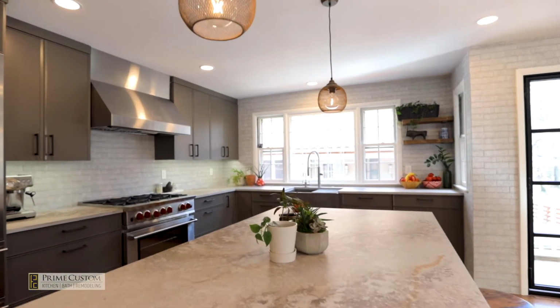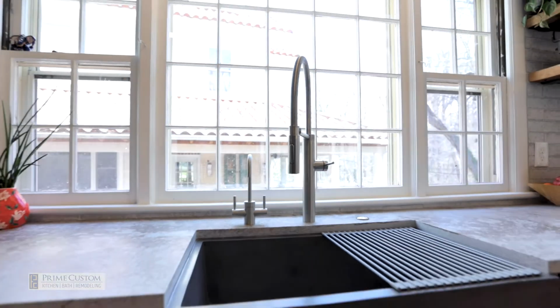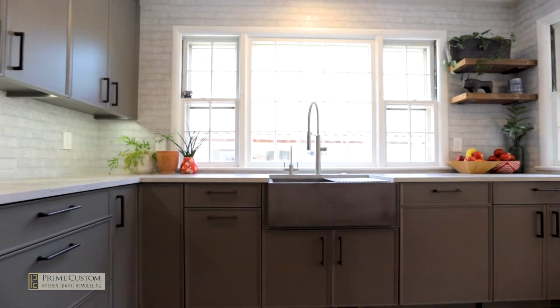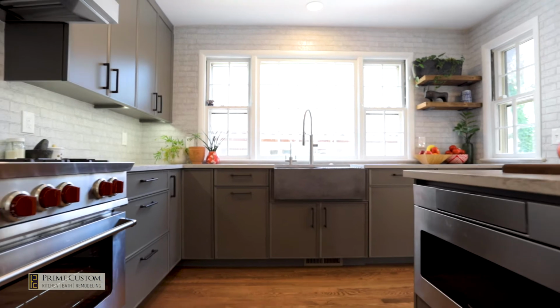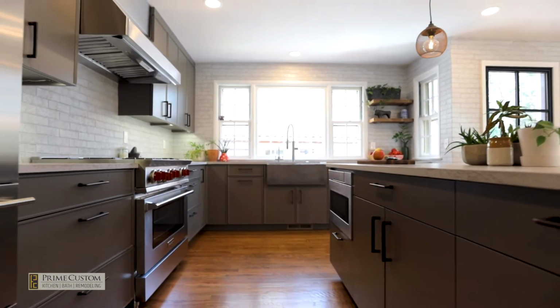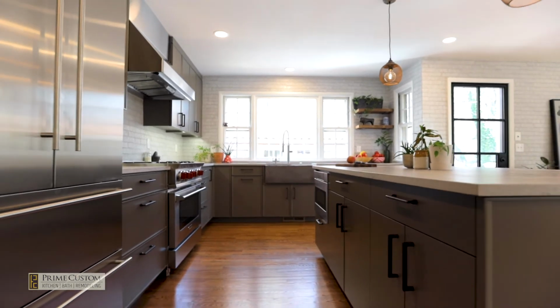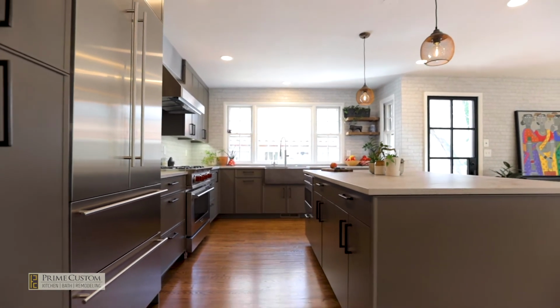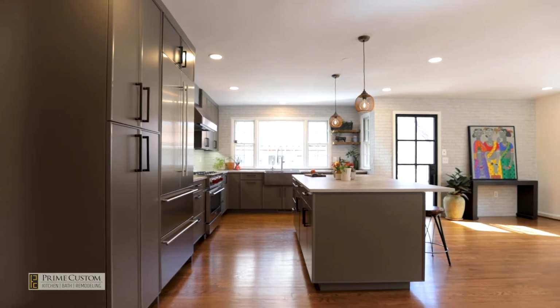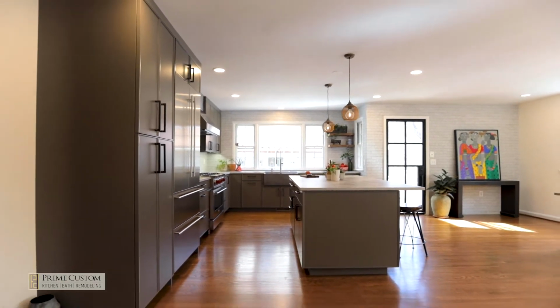So we knew first that what we wanted to do was open the wall. We talked with the engineer, and then we built the kitchen around the cabinets. Really liked the cabinets, and we wanted to make sure that everything would work with it. So the attention to detail was very important, as well as this wall. Wanted to make sure that all of this here was flush and looks nice, clean, and open. Because this is now a nice big space that works with the rest of the house, which is about 5